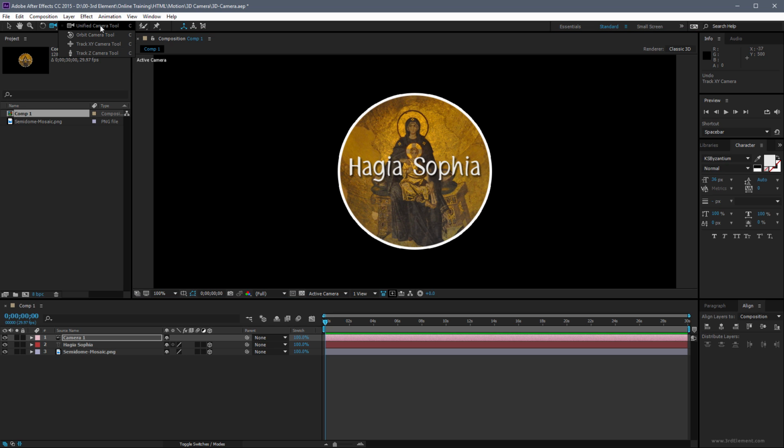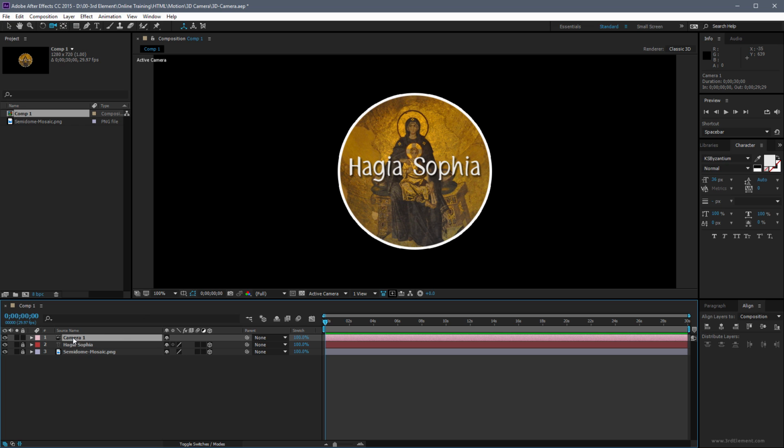By the way, if you want to jump from camera tool to camera tool, as you can see here, a great shortcut is the letter C. So if you press that, it will jump from camera tool to camera tool. Now, before I continue, first let me actually lock these two layers so I don't accidentally